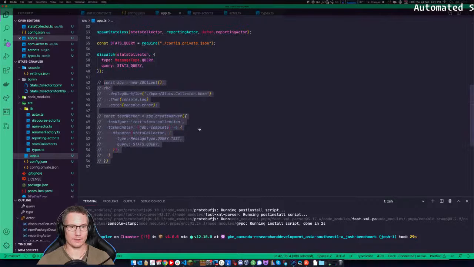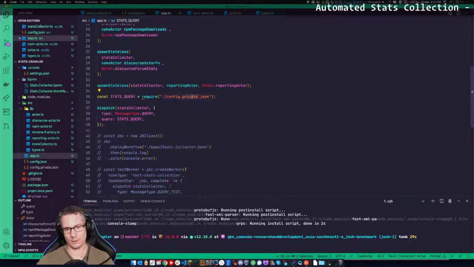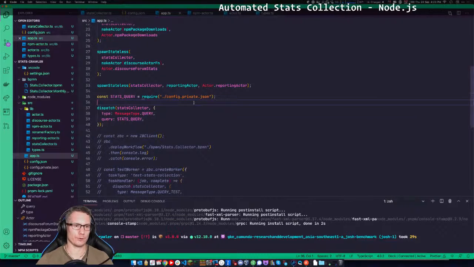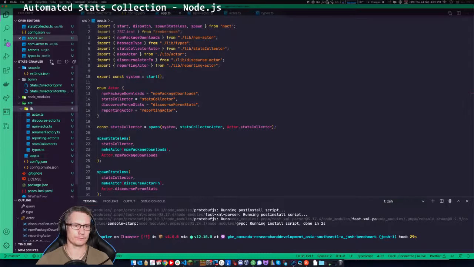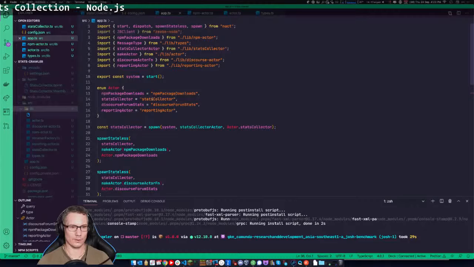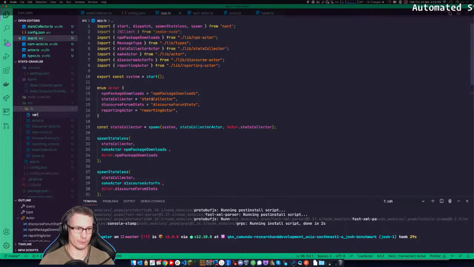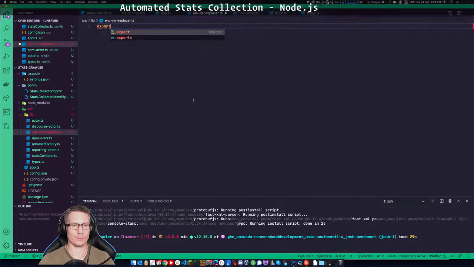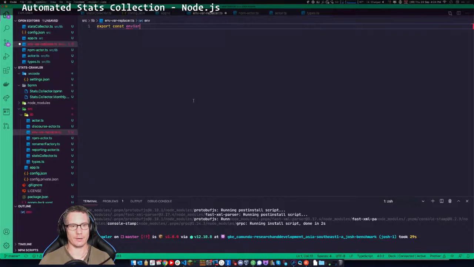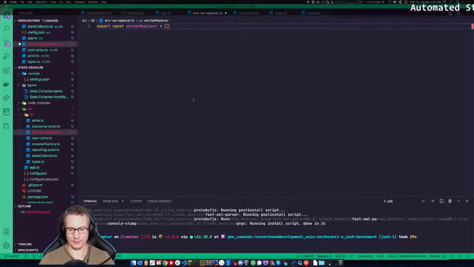Now we'll go back into app. Let's just make sure that it runs. So, okay, yeah, let's do this thing first. So, okay, in lib, we're going to create a new file, which is going to be called variable replacer, envar replacer, like that. Export const envar replacer. Why not? Equals. Okay, so